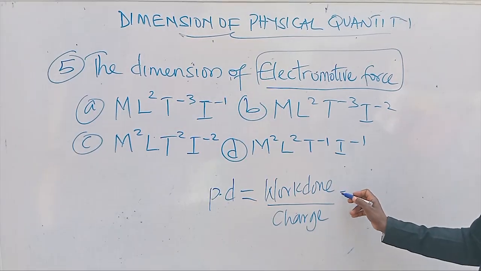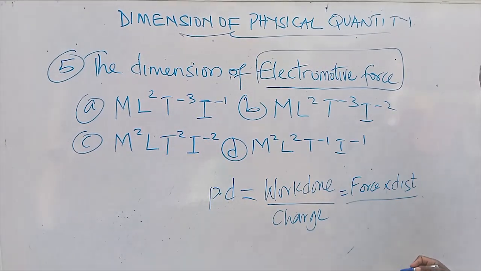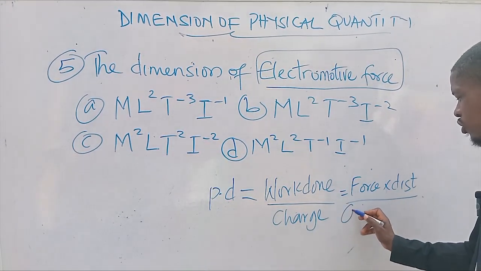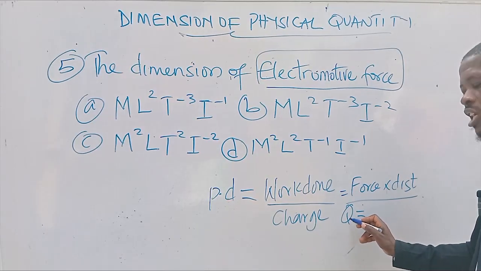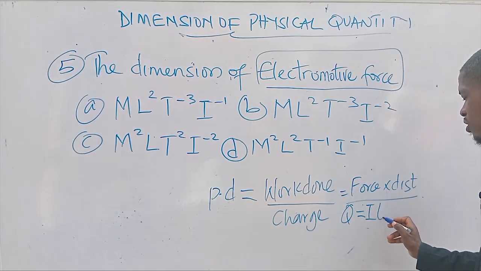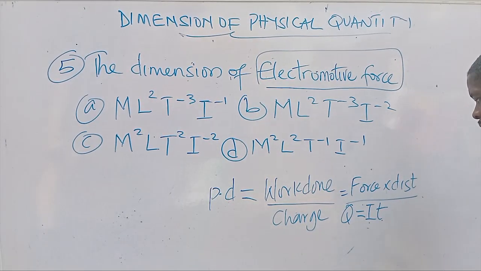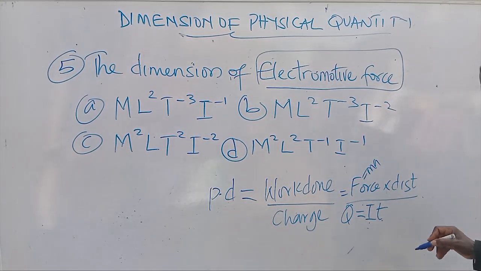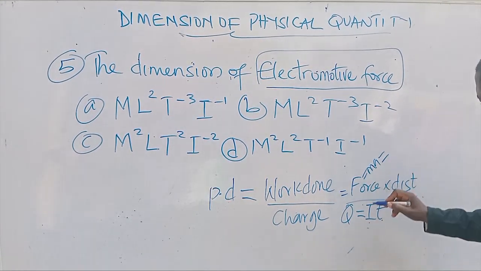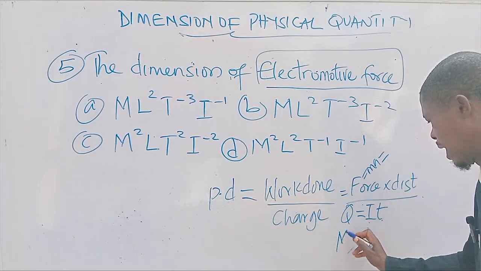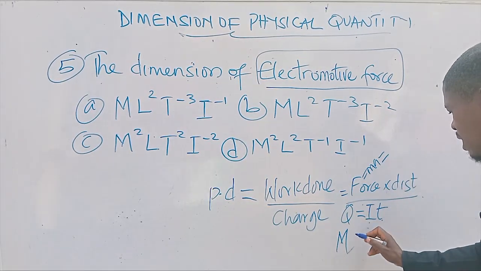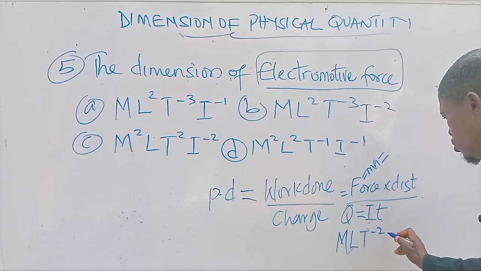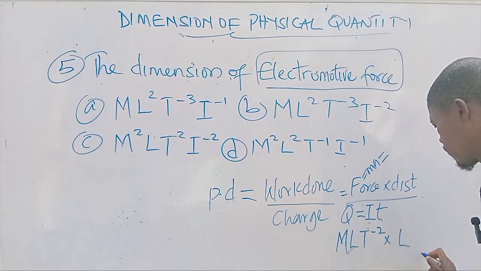Work done, as we know, is force times distance. Then charge, Q is the symbol for charge, that's the formula as current times time. So this one is MA for mass. Force is capital M for mass, acceleration is L T minus 2. Distance is L over